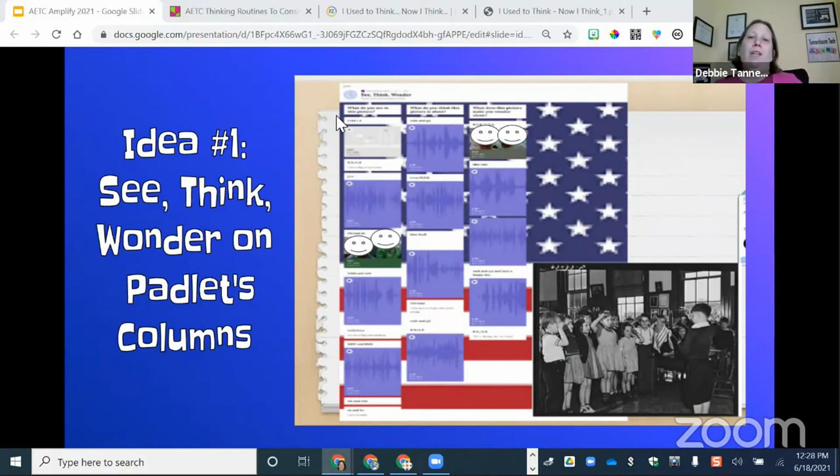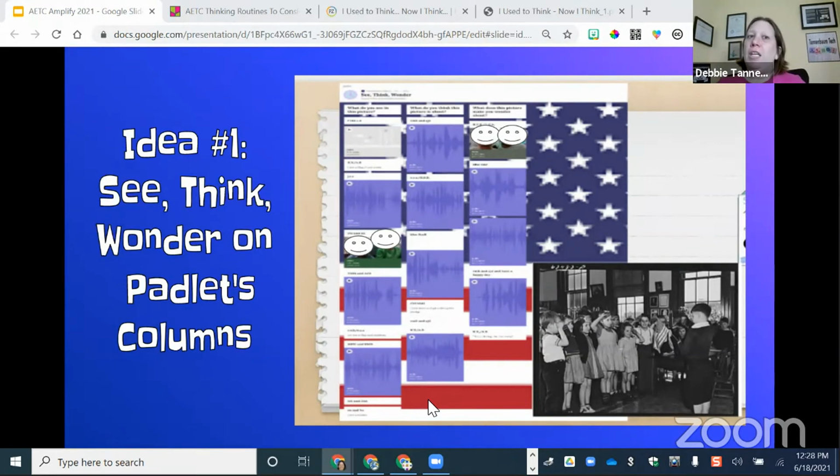In this, students had a variety of choices in their responses because it's Padlet. They could create a video. Anytime you see those smiley faces, those are videos. If you see these weird, wacky sound lines, that's an audio response. They chose not to be in the video. There's also some where they chose text. So students have lots of choices in the way they respond. Every time they push the plus sign underneath, they can add a new response. With this activity, students worked in partners so they could actually talk and support each other.